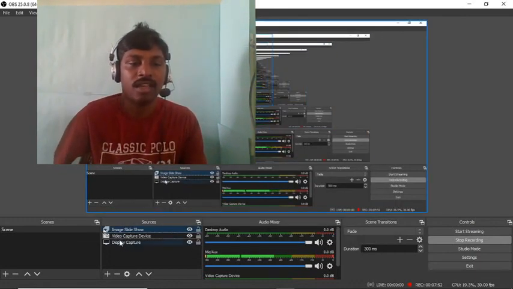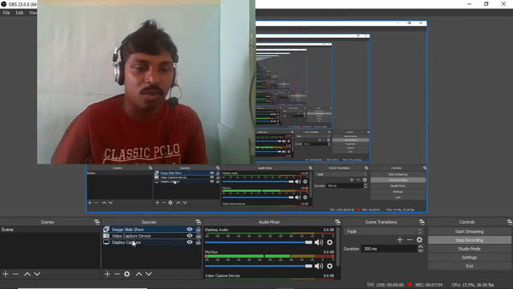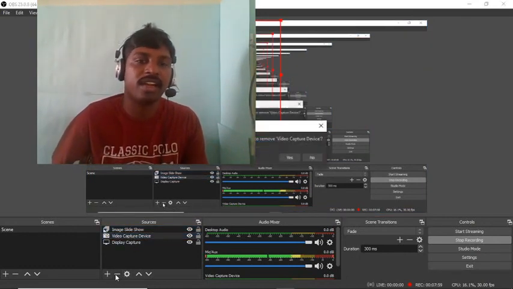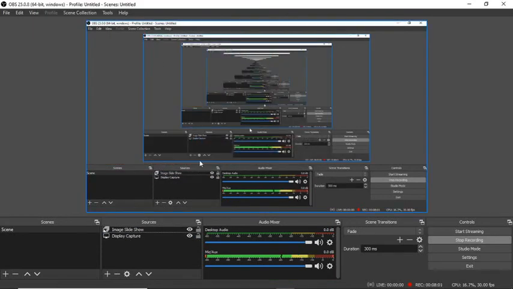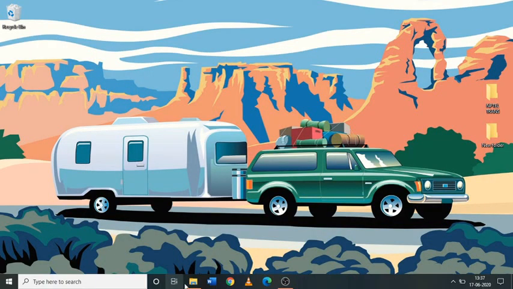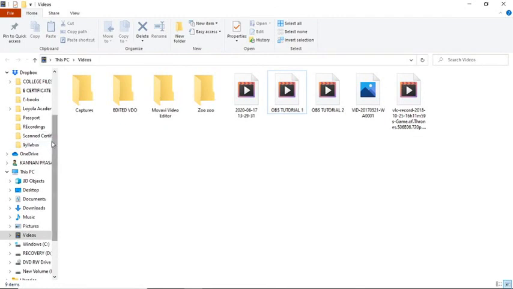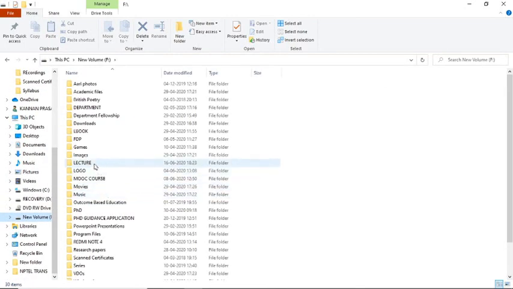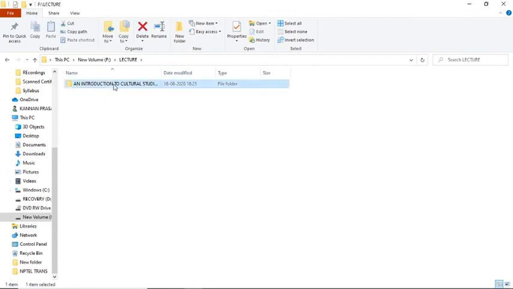For a moment, I'm going to also clear my display video capture. I'm going to minus it and then remove it so that my video device has stopped being enabled. It has been disabled, so you are only looking at display capture. Now I'm going to demonstrate how a PPT can be added. Like I told you, you cannot add a PPT directly. You will have to add it through this manner.